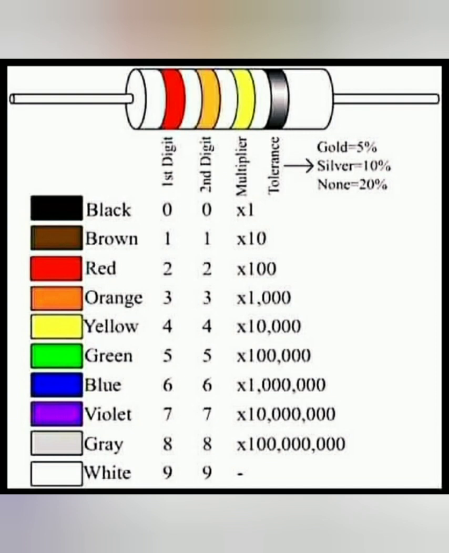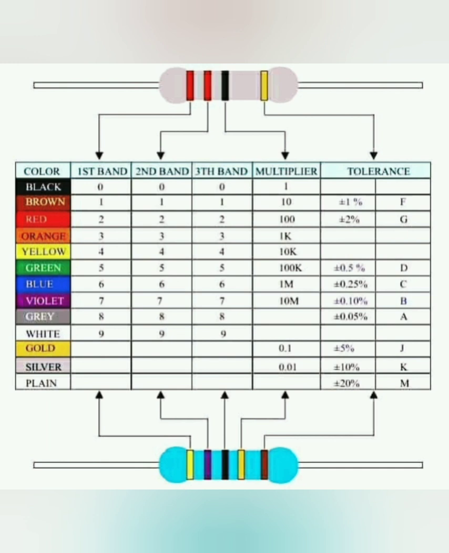The tolerance level verifies your error percentage. So as I said, black color is the first band, and also the second band, and for the third band, in the sense of the multiplier, or in here we don't use the third band itself. So after the third band, which means at the last, the multiplier of your resistors will be there.